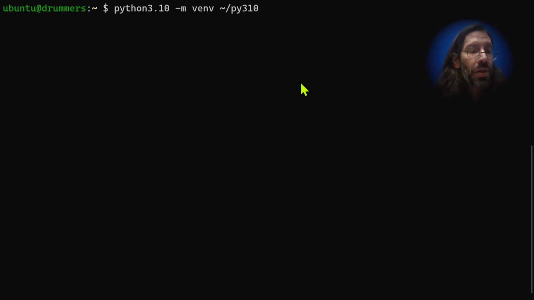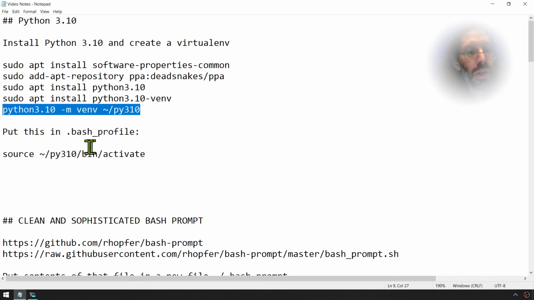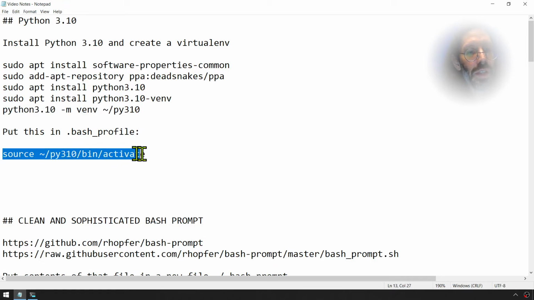And this is actually putting a copy of a whole bunch of stuff in that location, the Python executable and stuff. So if I do an ls now, you might have been used to seeing just the data and just the GitHub folders here. Now there's a py310. These virtual environments are important enough to me that I'll put them right on the root of my home location so that it's always in my face, and that the paths that are about to show are quite a bit shorter because I've got something in mind, which is to lock this into activating that Python